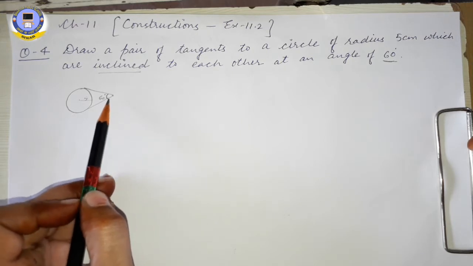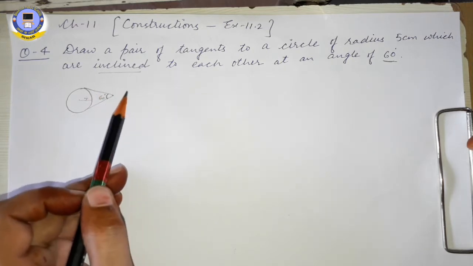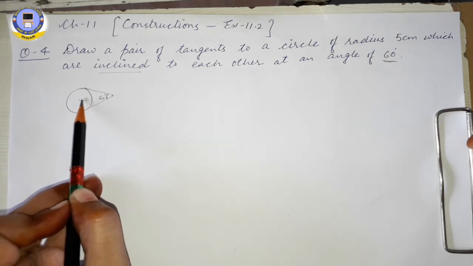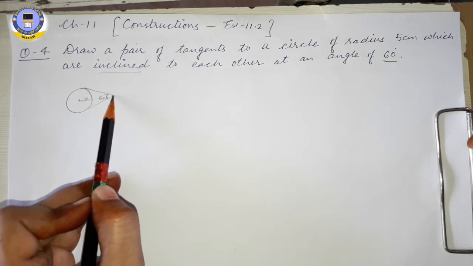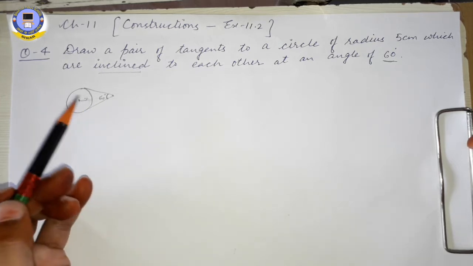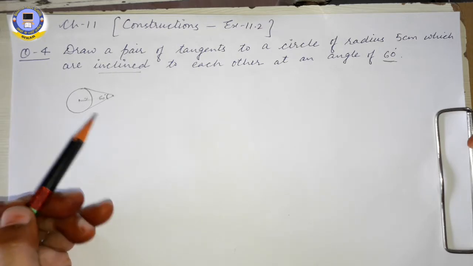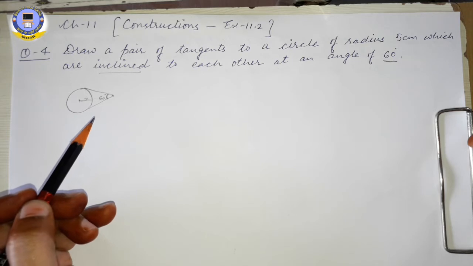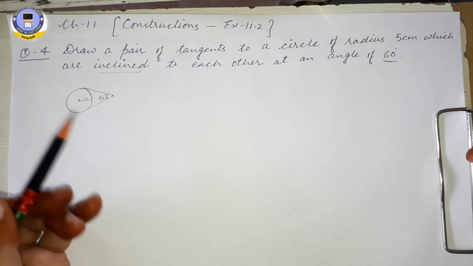Now see, it is nowhere mentioned in this question that this point is at what distance from the center. Its distance from the center is not given. That's why it's a different question. It is not based on that same concept. It has some different concept which we have studied in our 10th chapter, Circles. Okay, what was that concept?